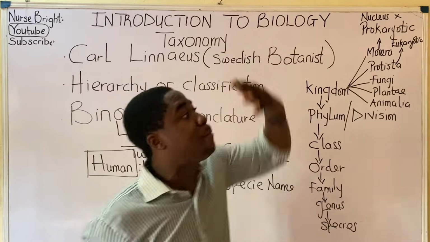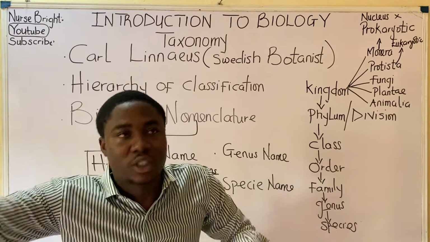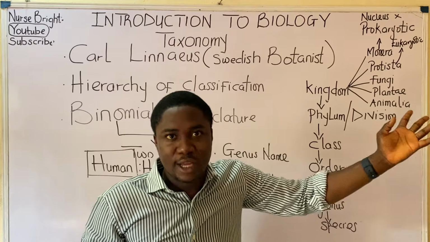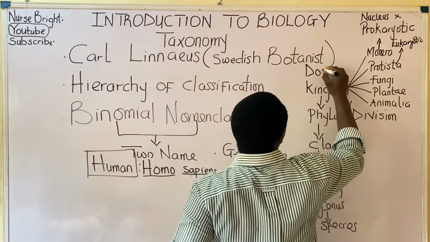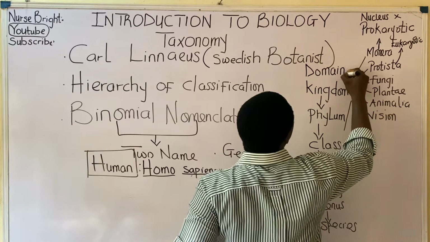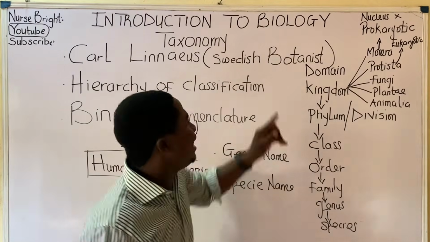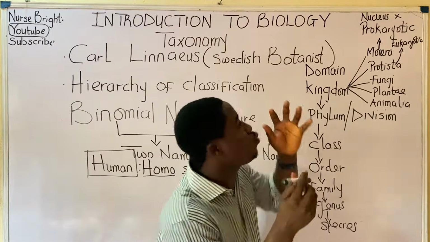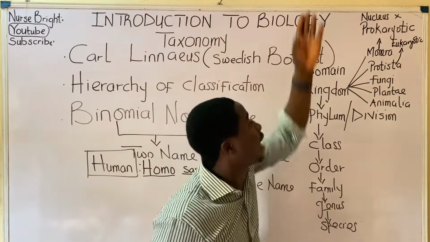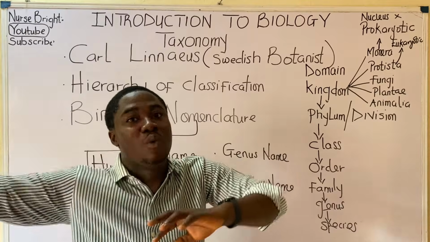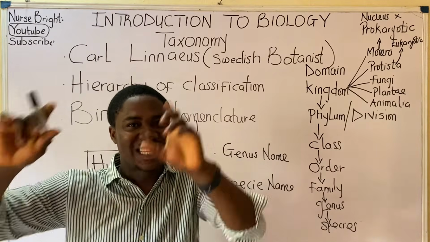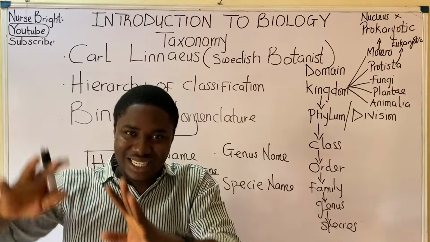Organisms can be either prokaryotic, eukaryotic, or even akaryotic. Do you understand? That is why we must understand what we call the domains to which an organism belongs. In the domain, we tend to understand which group of organisms are prokaryotic, which group are eukaryotic, or akaryotic without a well-defined nucleus. Do you understand what I'm saying?